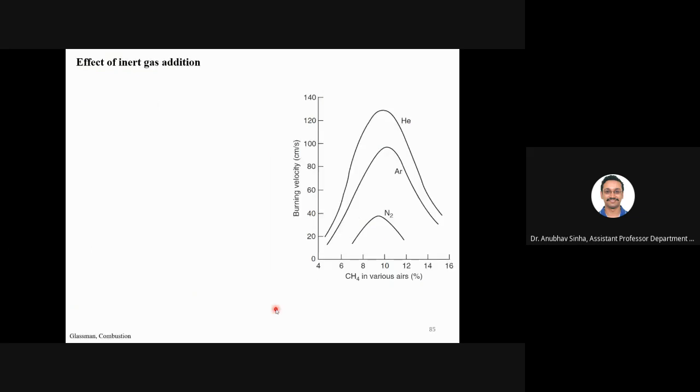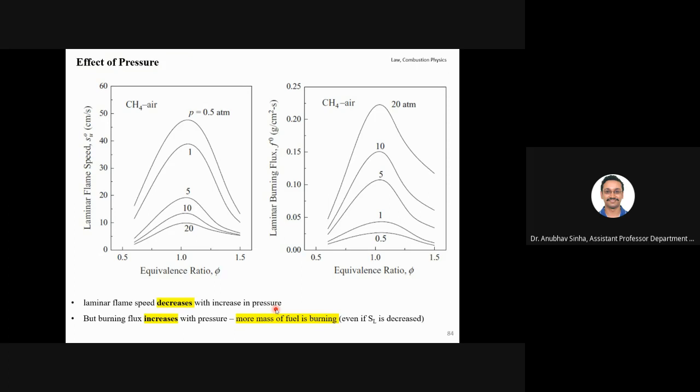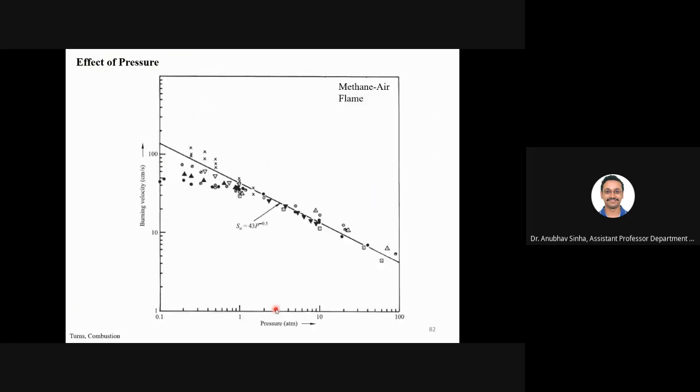Okay, is everyone clear with this? Sir, yes. Can you explain why the T adiabatic was increasing with pressure? See, with increase of pressure, you have more mass of fuel getting burnt, right? And since you have a higher pressure, let us say I maintain the same volume. Because of that, the pressure gets increased and temperature gets increased.